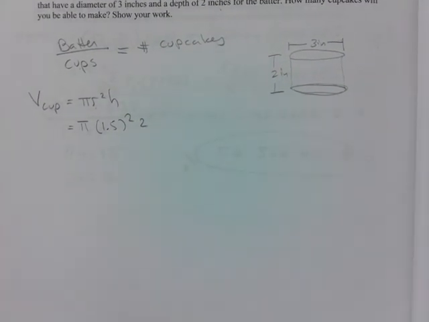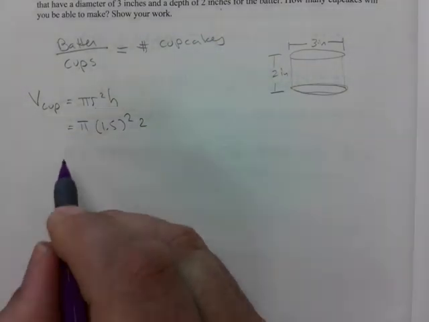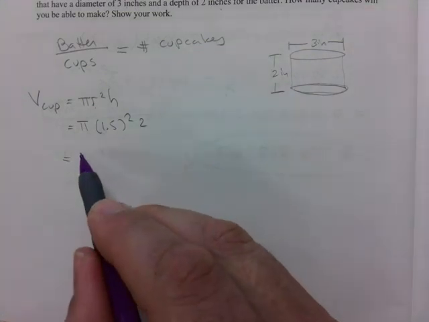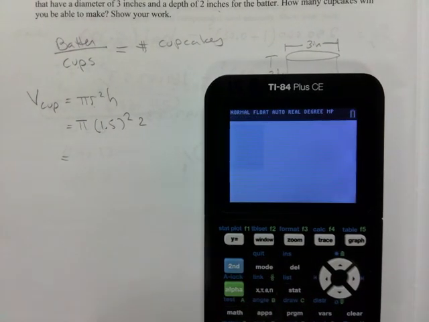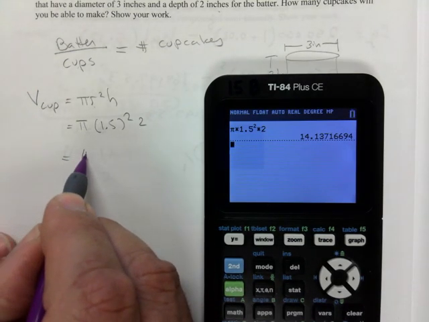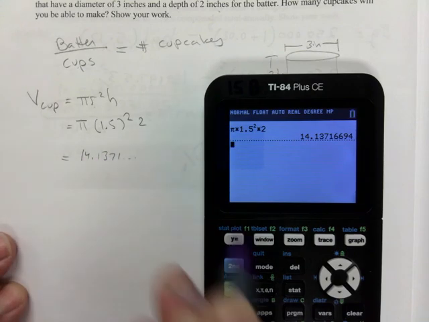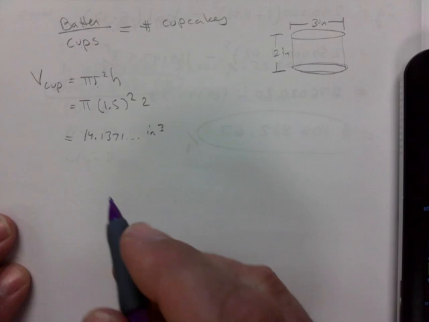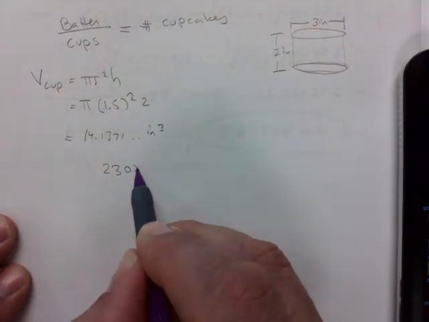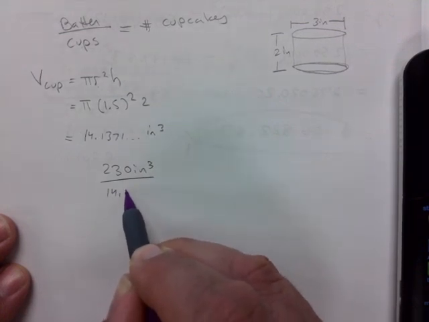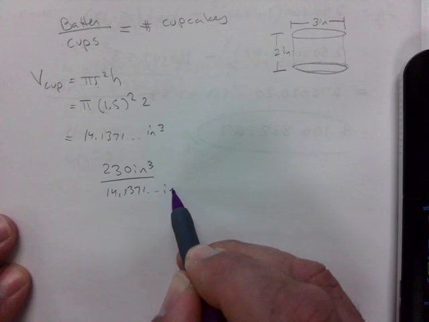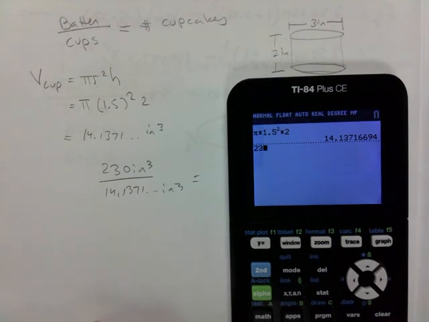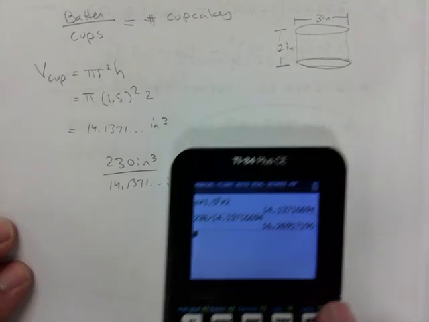We've checked. Always read very carefully. Okay, what are my units in? Let's crunch this real quick here. Pi times 1.5 squared, all of that times 2. So that's 14.1371. Don't round just yet. Cubic inches for 1 cup. Okay, so we're just going to take 230 cubic inches divided by 14.1371 and something cubic inches, and that'll give us our answer. So 230 divided by our previous answer. There you have it,